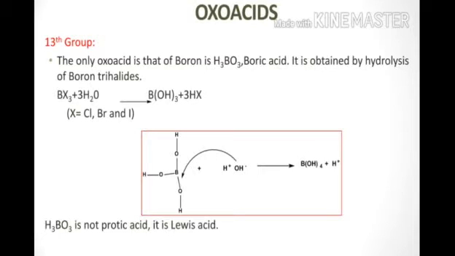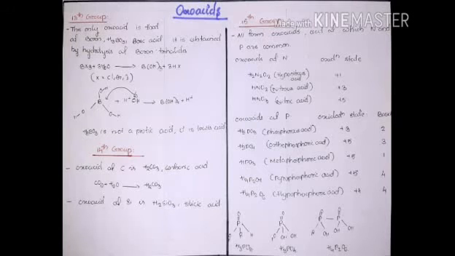Here the trivalent boron ion, B3+, being very small, has high positive charge density. Therefore, when placed in water, it tends to pull electrons from the water molecules towards itself strongly enough to rupture the O-H bond. This results in the release of H+ ion by the water molecule, so H3BO3 is not a protic acid, it is a Lewis acid. One more time I am repeating, H3BO3 is not a protic acid, it is a Lewis acid.